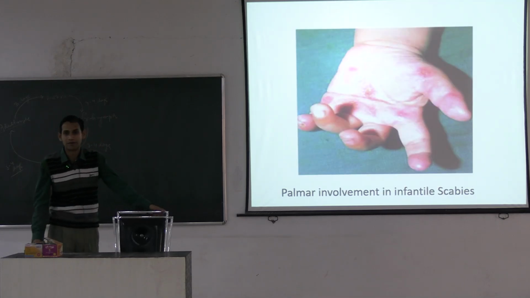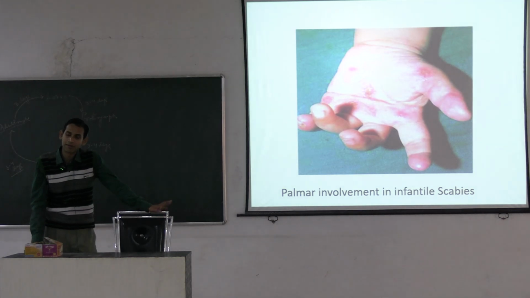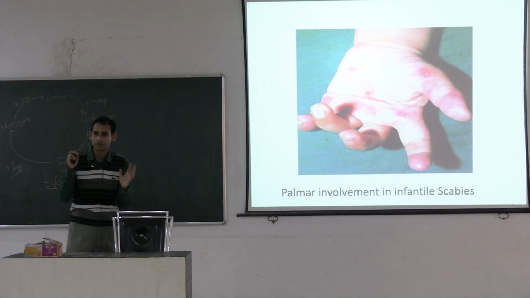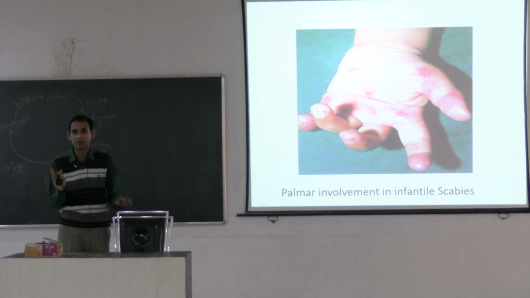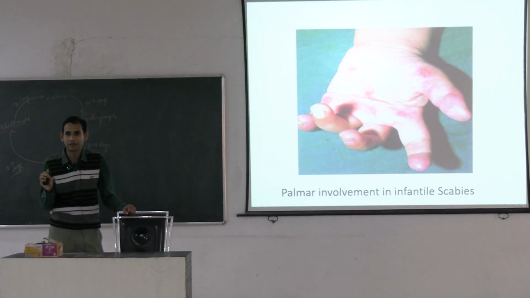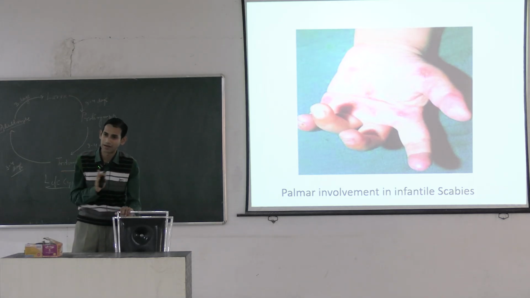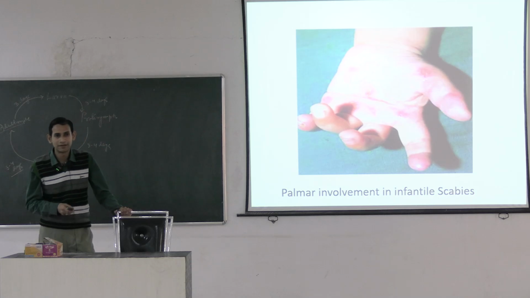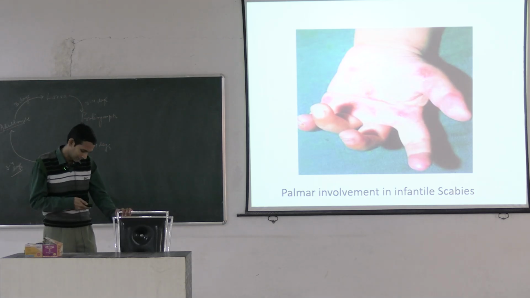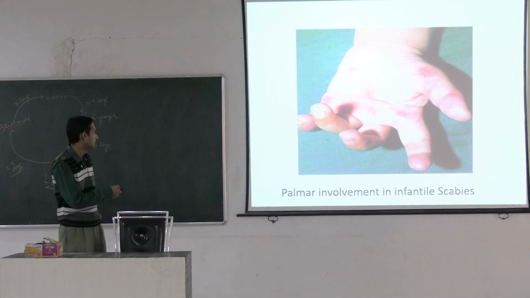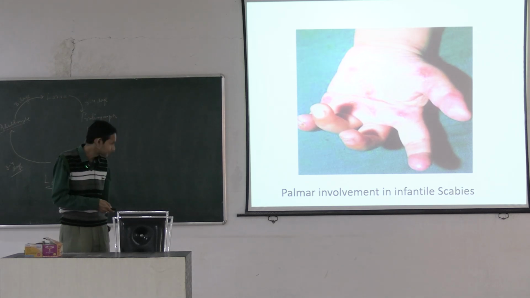Now, the palmar involvement. As I have already told you, the entire cutaneous surface area can be involved in the infant. So, the palmar involvement, sole involvement, or face or scalp can be found in infantile scabies, but it is not found in adult scabies. In adult scabies, the distribution is the webs of the fingers, the flexural aspect of the wrist, the back of the elbow, axilla, around the umbilicus and genitalia. Usually in adult scabies, the palm, sole, scalp or face is not involved, but in infantile scabies, the entire cutaneous surface area can be involved. So, in the classical lesion of infantile scabies, you will get lesion involvement in the palm also.